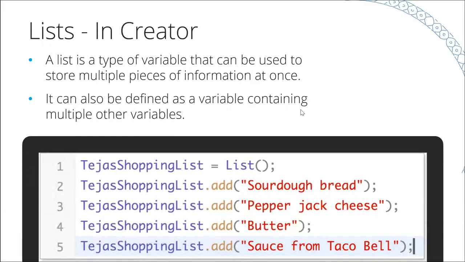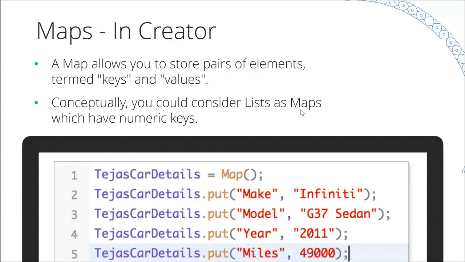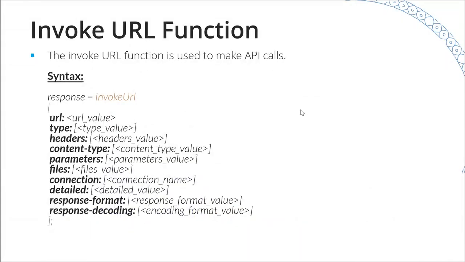And the next one is map. This is again another important Deluge concept where we will be defining the pair of elements, which is keys and values. So that also is another important concept to be aware of. And here comes the invoke URL function. So this is important because invoke URL is something we will use to make an API call or an HTTP request. And this is a syntax for invoke URL